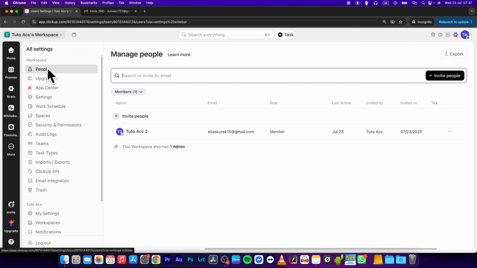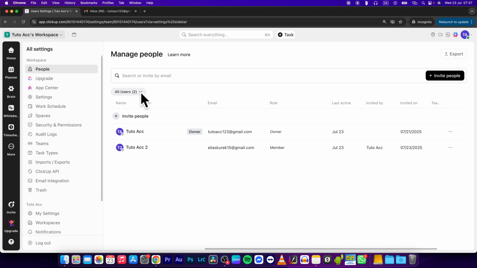As you can see all members down here. You can see all users like so. So this is what you will probably see. So just click on this drop down like here and then click on members, and this will show you all